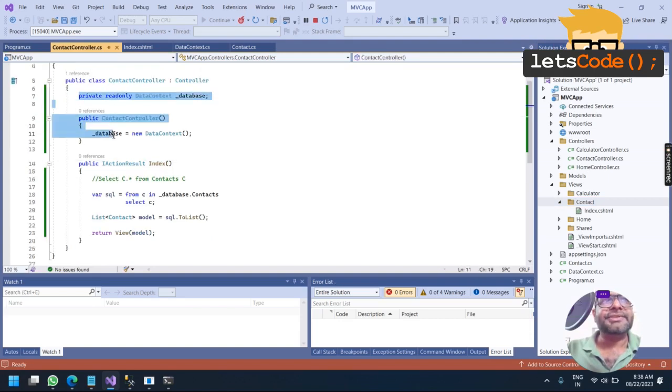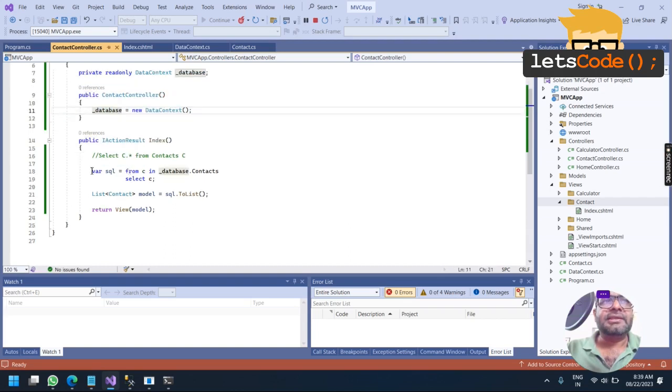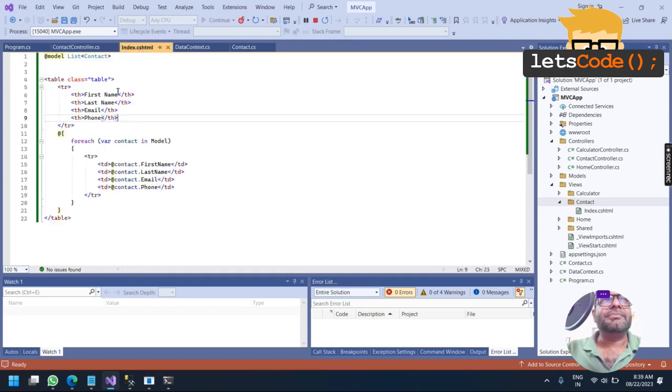The very first thing, I instantiated my database context class in the constructor of the controller. Then I started writing LINQ. LINQ is written like this, where I am selecting all the contacts from the database, and then I am setting it in the list and passing this model object to the view. When it comes to the view, I have written a foreach loop. So that's how it is written.